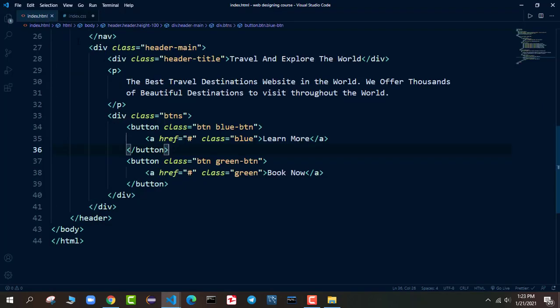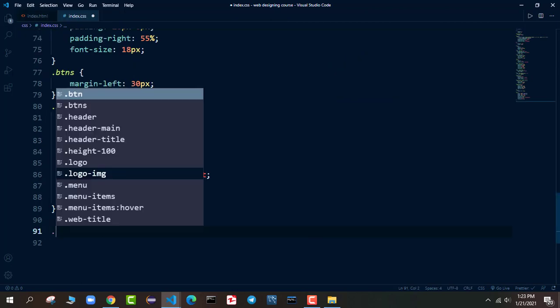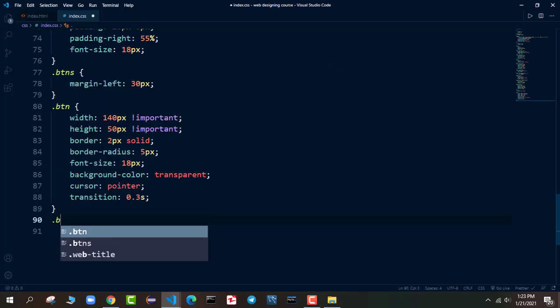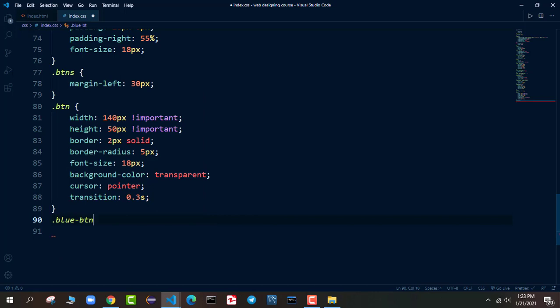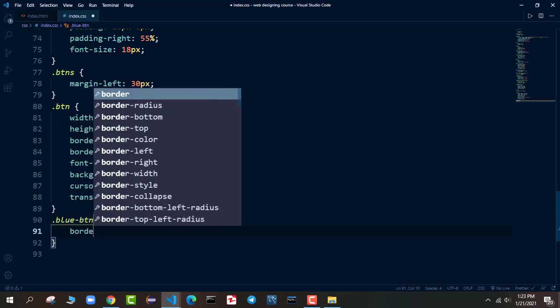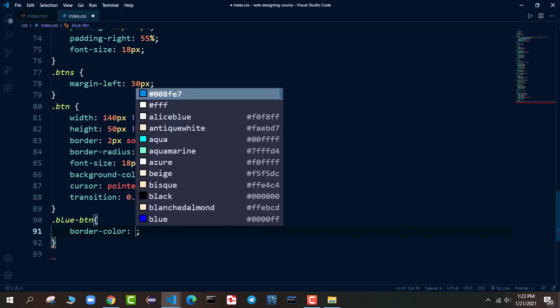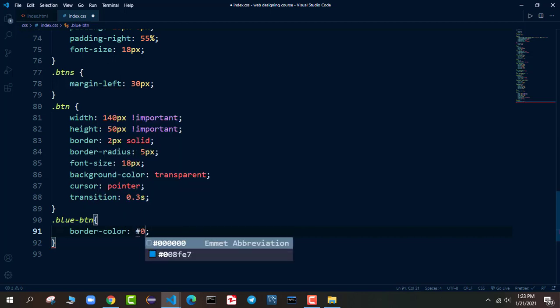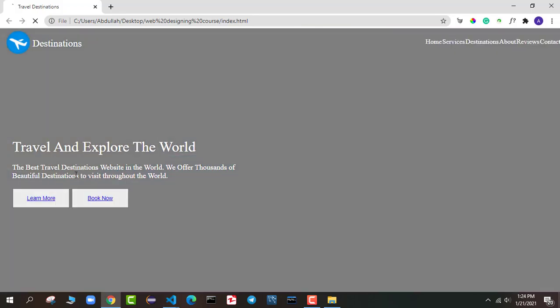We can see we have the blue btn class, so I will say dot blue btn. So now I will style our blue btn. I will say border color is hash 018EE6. So this is the border color.